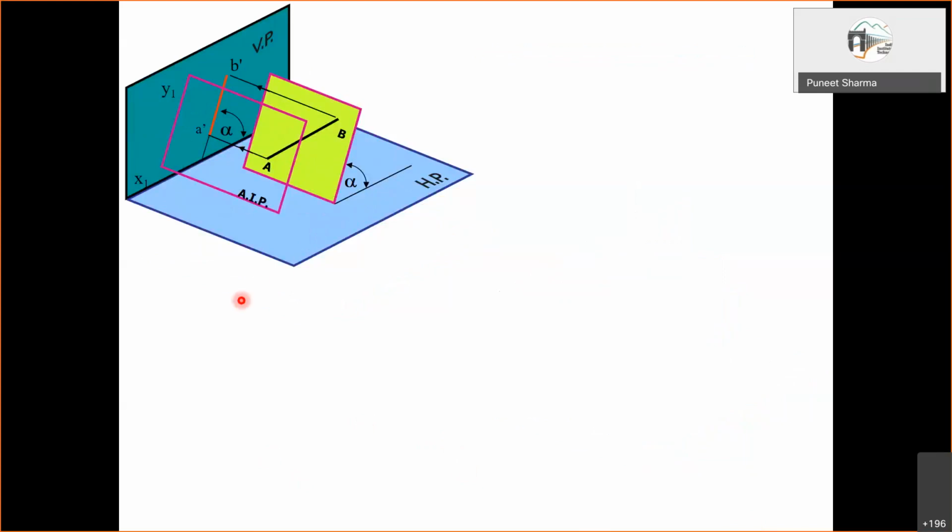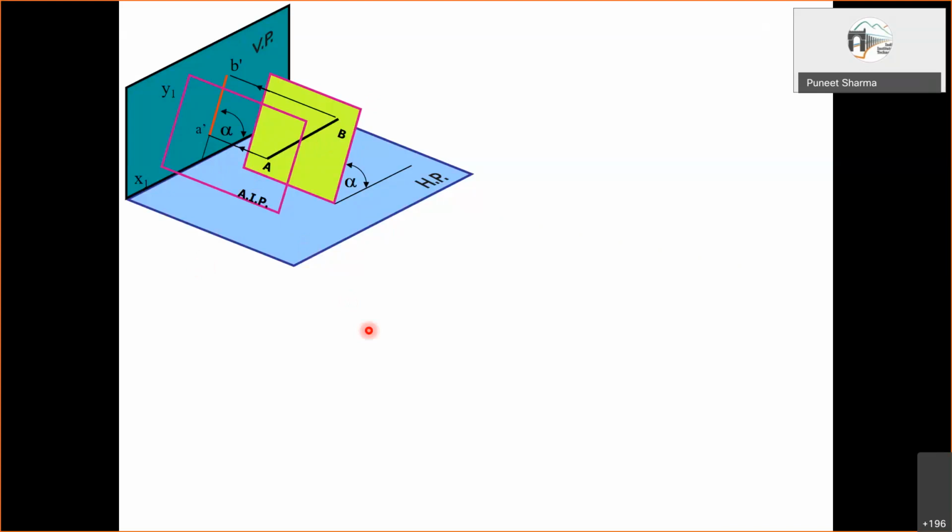Now, the first case has been shown over here, right? And whatever we have so far discussed, that is that we are choosing an auxiliary plane, and then we are trying to obtain the projection on the auxiliary plane, and that is giving us some more information. That is what we have discussed. Then further, when the line is parallel to this auxiliary plane, a projection of the line in this plane will give us the true length and the true inclination with the other plane. So this is what we have discussed.